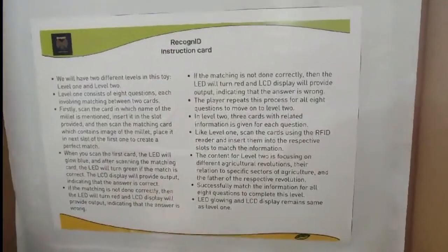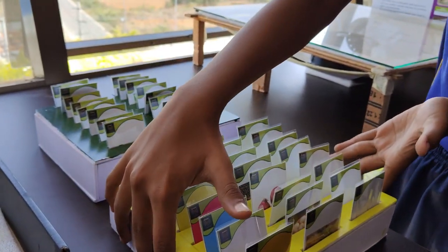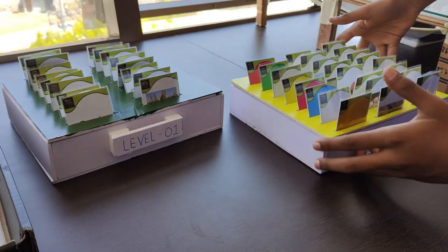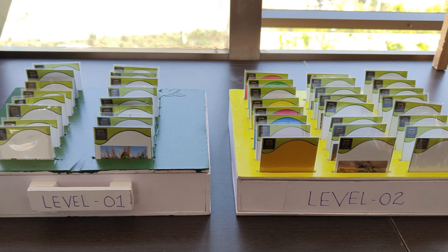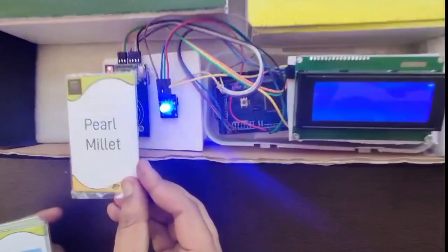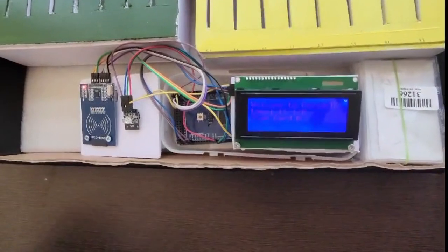Our model is a smart toy that requires the ability to analyze and match the given information. This model contains 2 levels with 8 questions each: level 1 and level 2. Level 1 consists of 8 questions, each involving matching 2 different cards. For this level, we have selected questions related to identifying important millets and matching them with the corresponding pictures provided